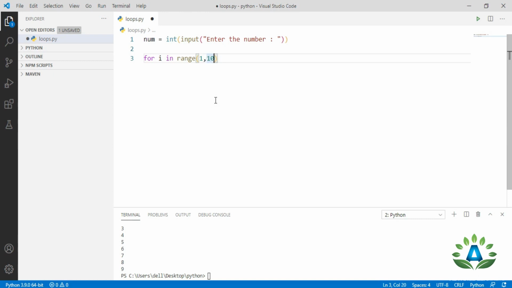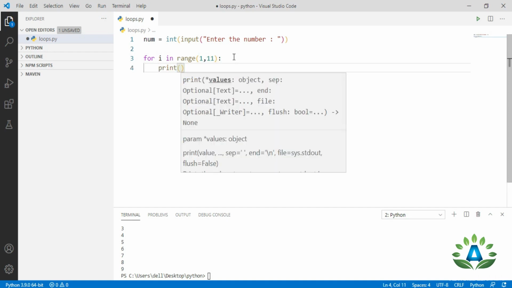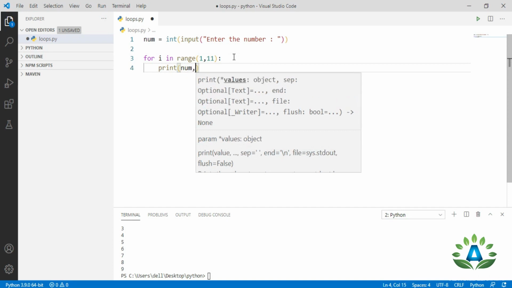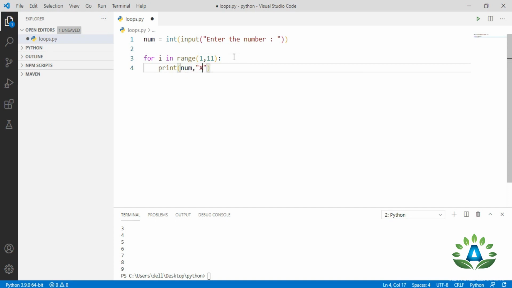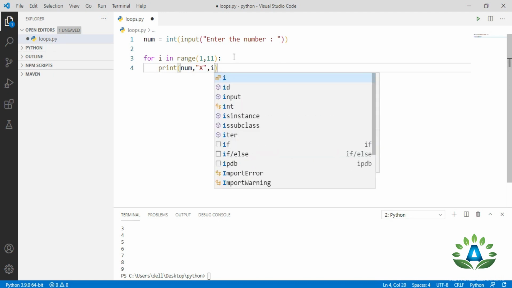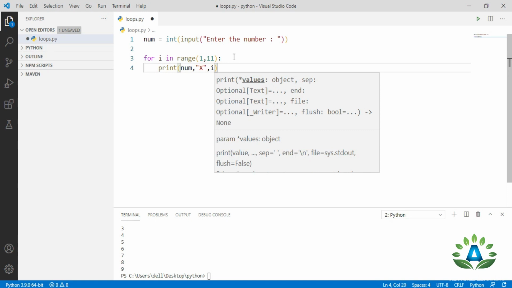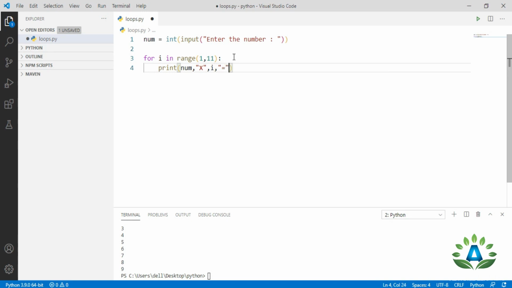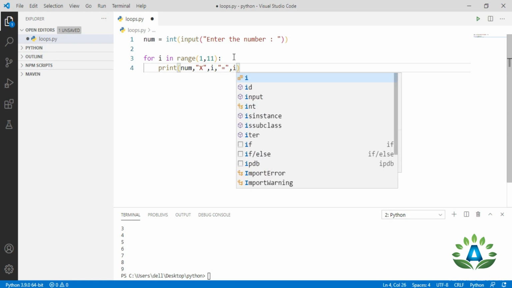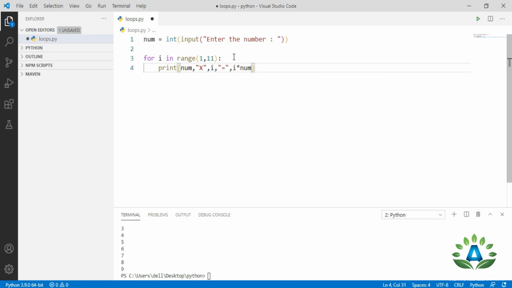But if I give the range from 1 to 10, it will go from 1 only up to 9. So what I have to do is increment this by 1. So for i in range 1 to 11, what you want to print is num, x, i, equals to, i into num, right? So if you are a bit confused about what I have done here,